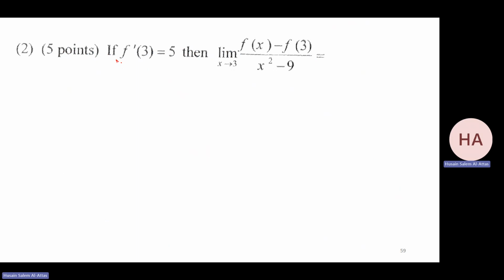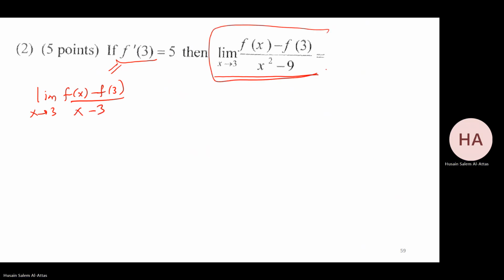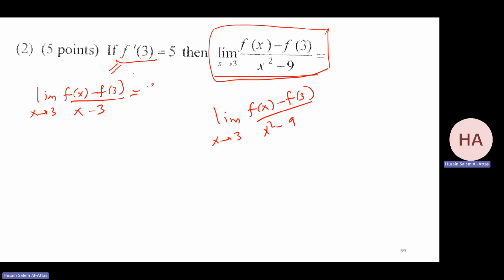If f prime at 3 equals 5, this limit equals what? If you look at it, what is f prime at 3 by definition? This is the limit as x goes to 3 of f of x minus f of 3 over x minus 3. For sure I need this formula, not the other formula. Okay, to make this limit similar to this one, which I know is 5 since this is given,